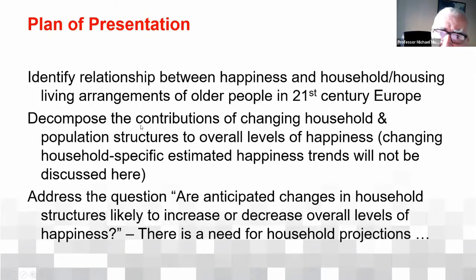So what I'm going to do is to identify the relationship between happiness and household structure of older people in Europe in the 21st century, and then decompose the contribution of changing household and population structures to the overall level of happiness. I'm not going to